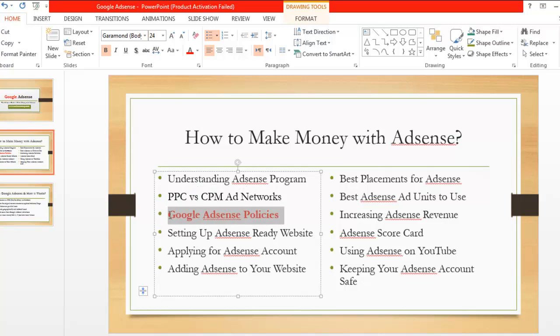There are some general policies which you can read and understand. Before using Google AdSense, I will suggest and advise you to understand their policies, so you will be good to go and you will work clearly and transparently, so you will not have any problem in the future. Whether you are a new user to AdSense, or you are already using AdSense on your websites, you have to understand these policies very clearly.